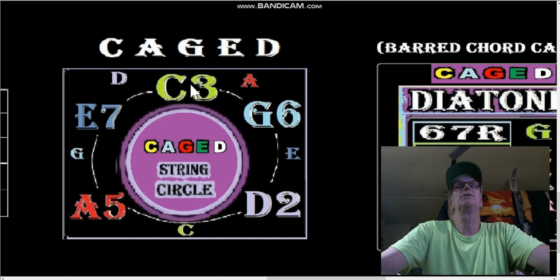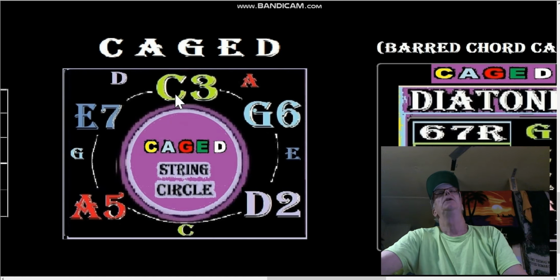Now the big letters are the 5th, the strings. So you start on the C string shape, you go to the G string shape, notice it counts 3, 4, 5, 6, 7 root 2, 3, 4, 5, 6, 7, or 5, 6, 7 root 2 in the old system. So it's CAGED. So the D shape goes